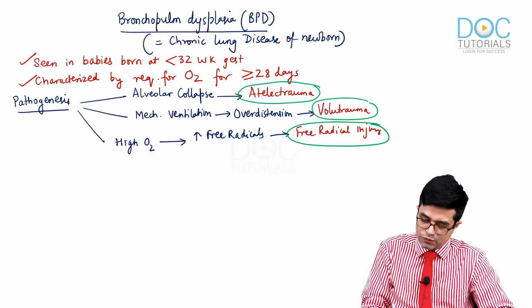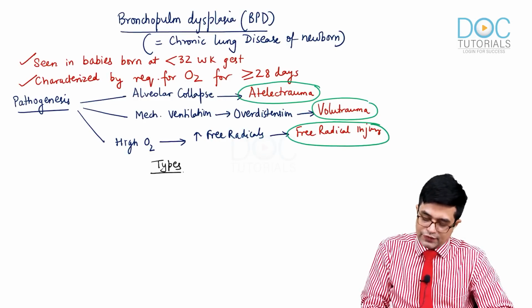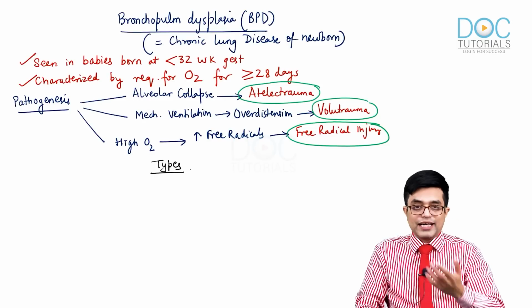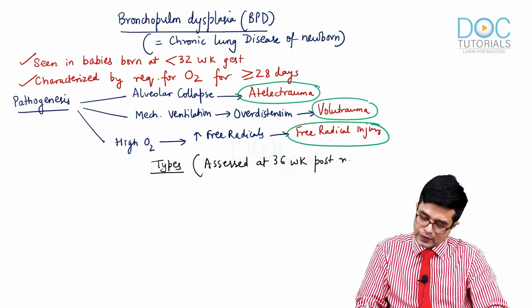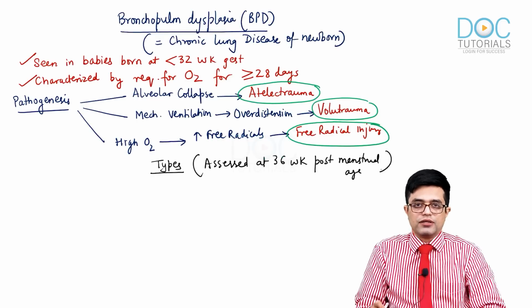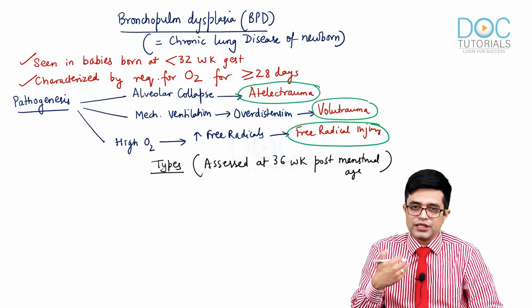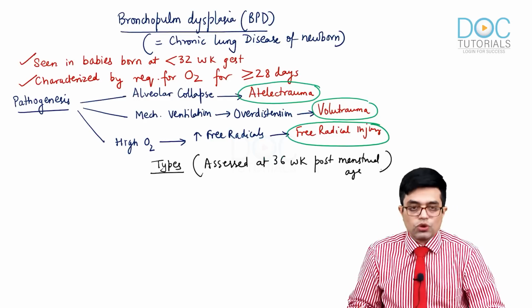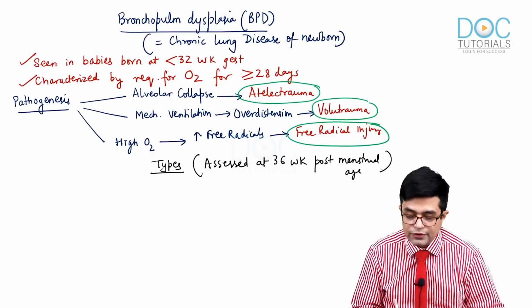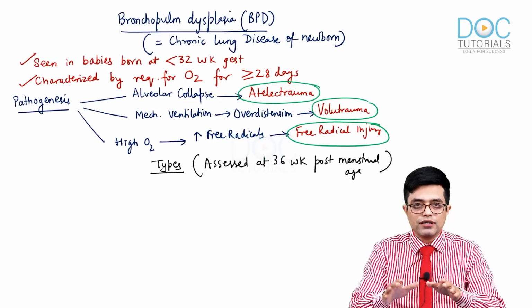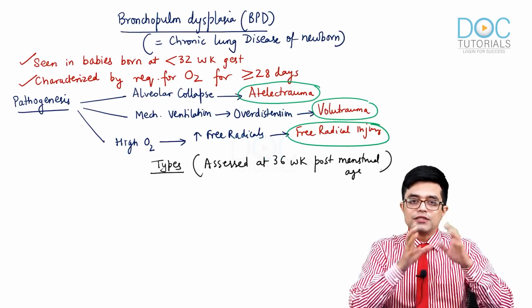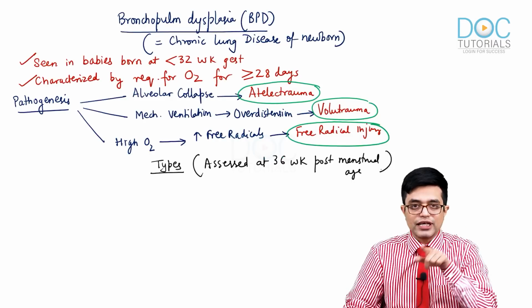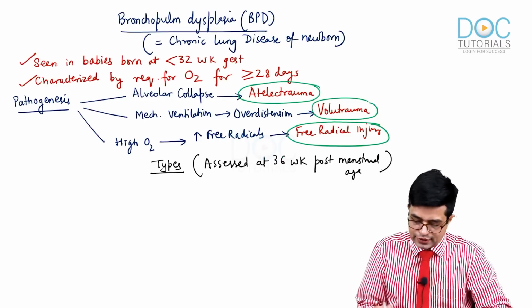Now, what are the types of bronchopulmonary dysplasia? First, you need to understand that when you say types, it is always assessed at 36 weeks of post-menstrual age. Post-menstrual age, the PMA, 36 weeks PMA, according to gestational records, we assess at that time. So, there are three varieties which are categorized. You need to understand that any premature newborn who requires 28 days or longer of oxygen is diagnosed as BPD, right? But whether it is mild, moderate or severe will be assessed only when the child reaches a post-menstrual age of 36 weeks. And how do we define it?